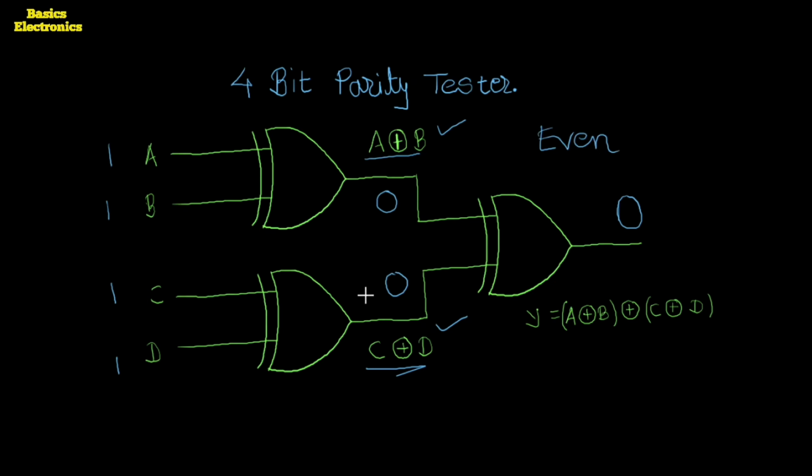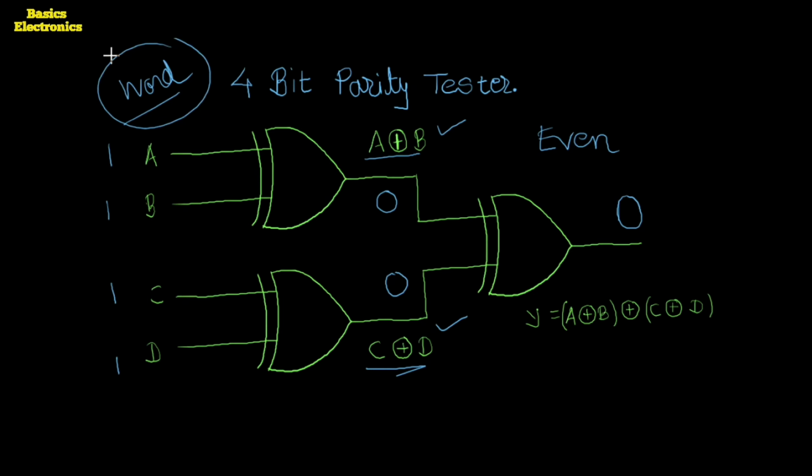Okay, so in this way we can produce the parity bit, or we can check the parity bit by applying the input data word or input data bits. Here one new word we learn, that is the data word. If we have 4 bits, then we can say the data bits are 4. If we have 8 bits, then the data bits are 8. When we have 16-bit data, then we call it one word.